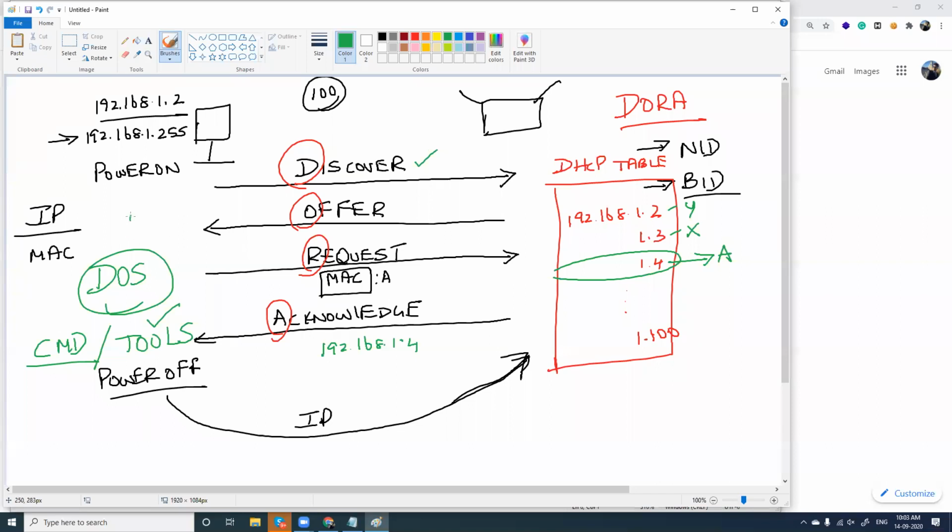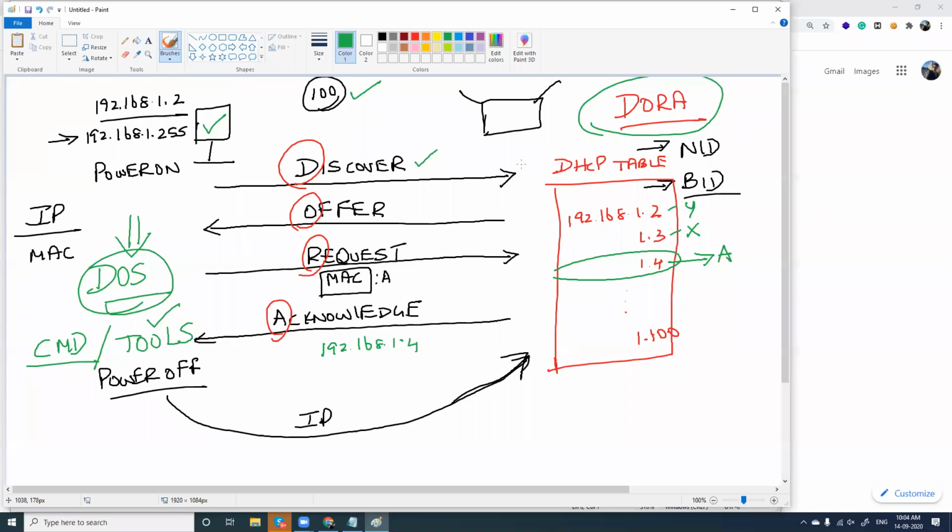What will happen as a result of this particular attack? In case there are 100 computers in your LAN, and you wanted to kick all the 100 computers out of the internet, and you should be the only person to use the internet, yes, you can perform an internal DOS attack so that internet will be available only for your computer, and other computers will not have internet. Right? For understanding this DOS attack, the DORA process is the base, and you have to understand this.